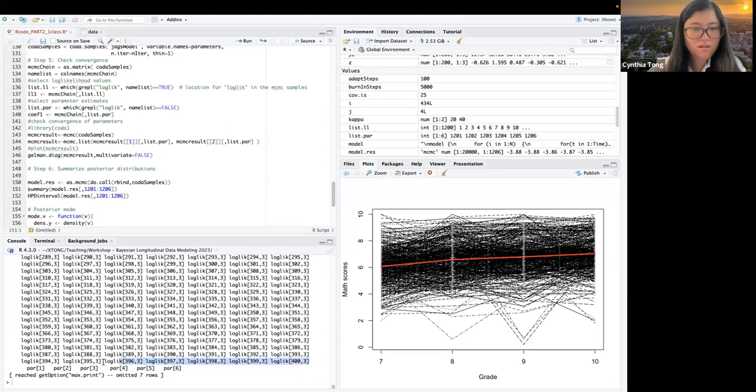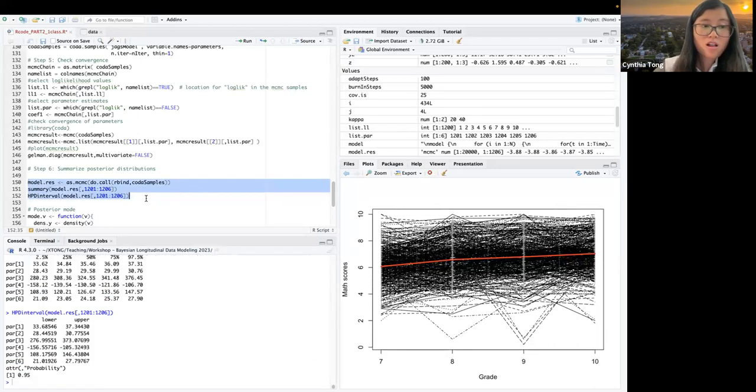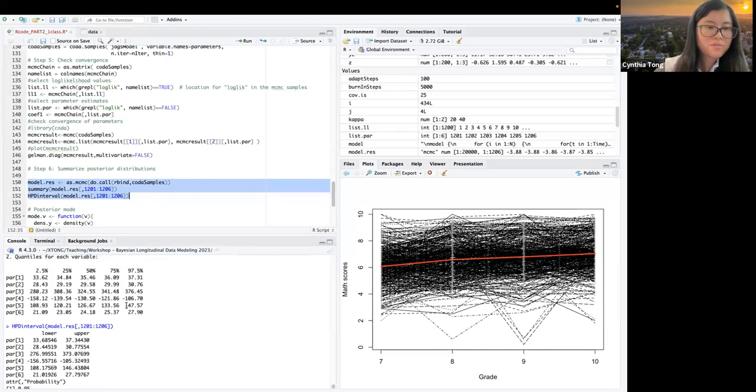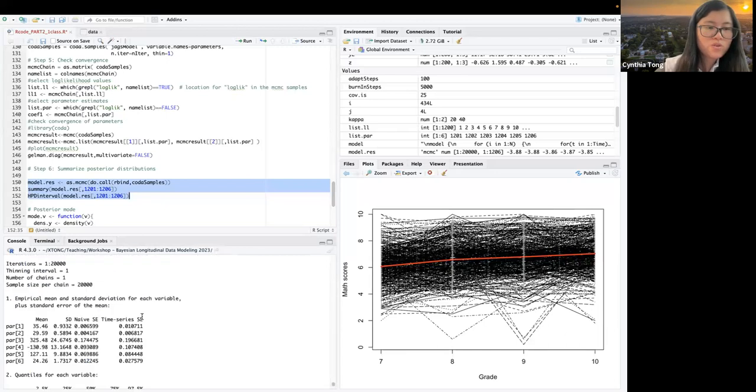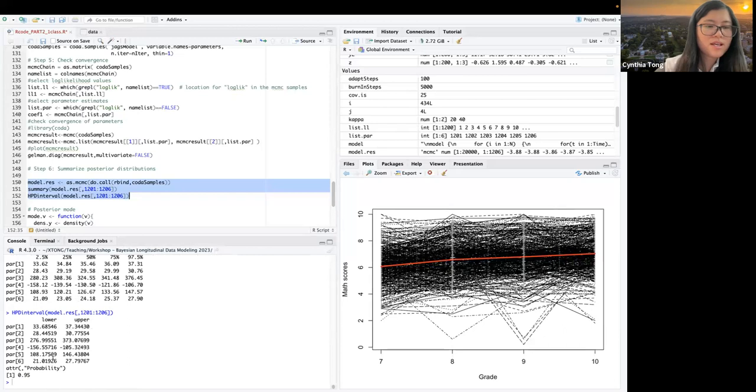The first 6 rows were reported, and the last 6 were model parameters, and before that are all the log likelihood values. Okay, so we're going to get a summary for the last 6 columns, and that gives us all the parameter values and the quantiles, and also the HPD credible intervals.